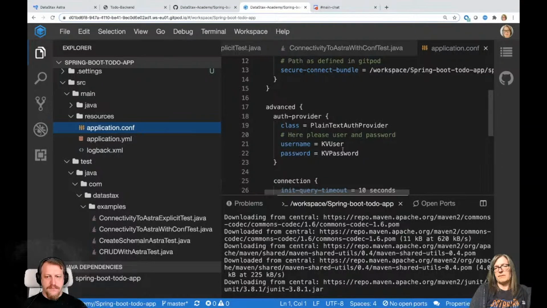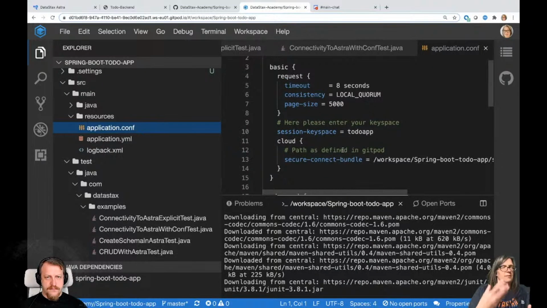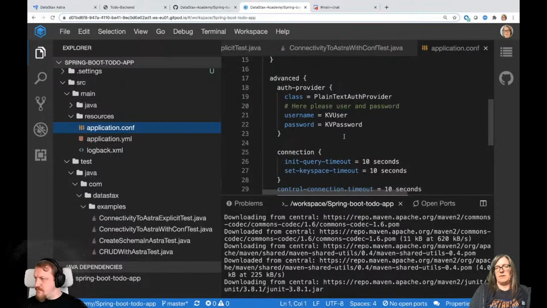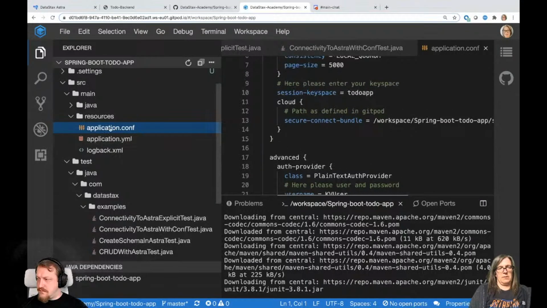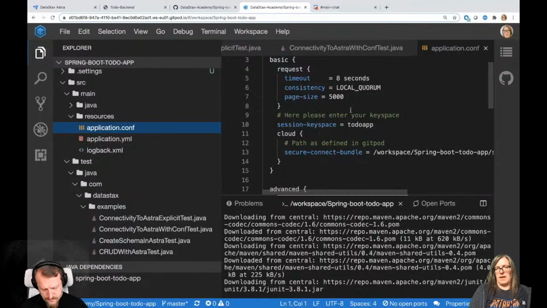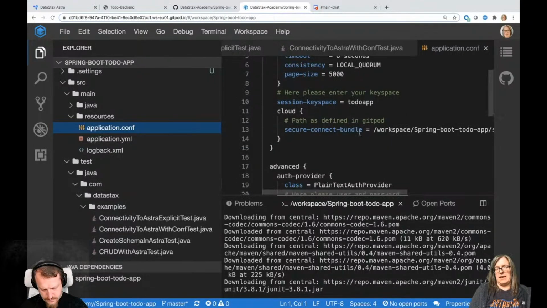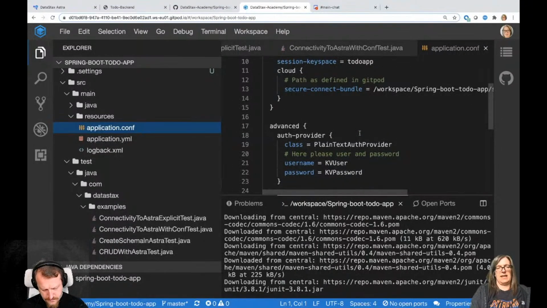But if you have your own specially named keyspace and your own password and username, then you want to update those things, right? So you go to the resources in the main section of our source folder, into the application.conf, and then you want to edit your file according to your settings if you've made any changes. Okay.